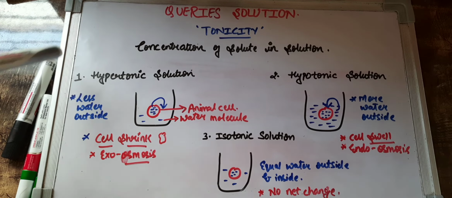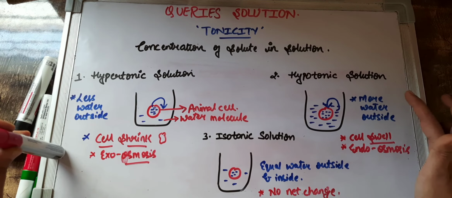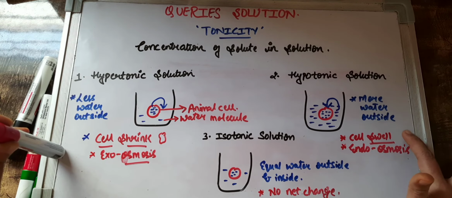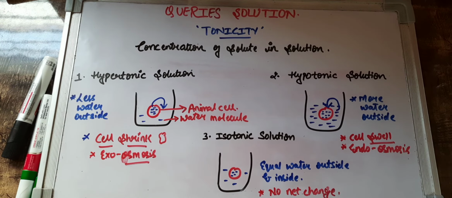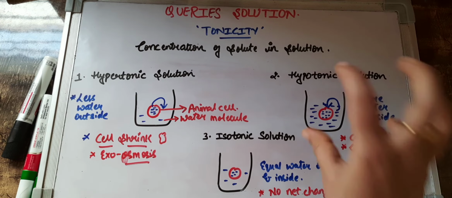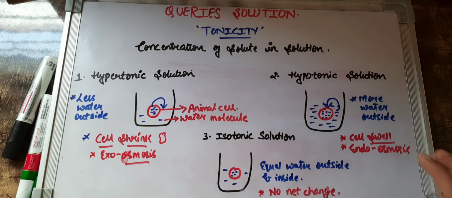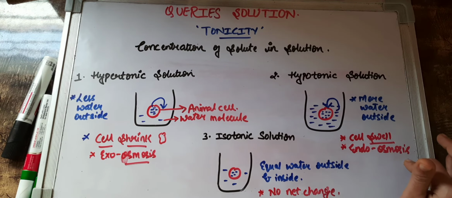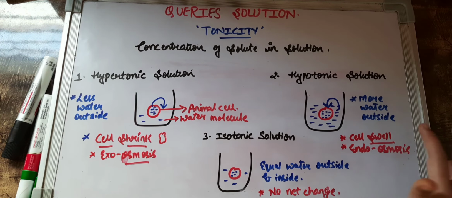If we place them in hypertonic solution, the cell is going to shrink. If we place them in hypotonic solution, the cell is going to swell. And if we place them in a solution that has an equal amount of water compared to their own cells, there will be no net change. And this is what happens, children, when you soak raisins in water. What happens? You soak them overnight and the water is more. What will happen? They will swell. Why? Because of endosmosis that's happening. Water outside is higher, the raisins have less water, so they will allow the water to go in.